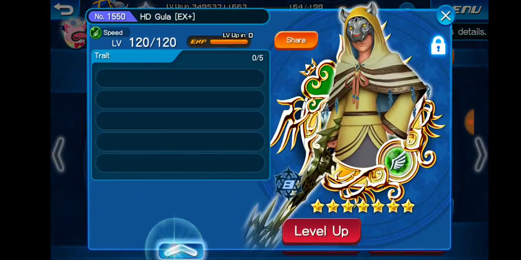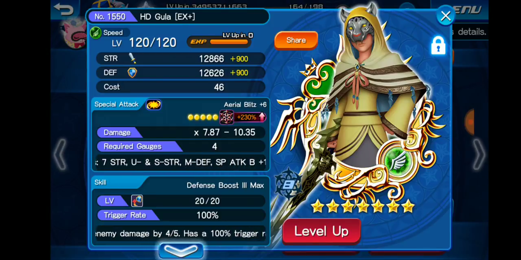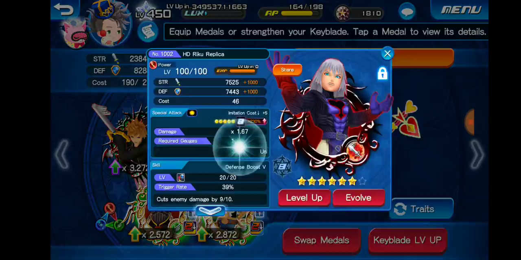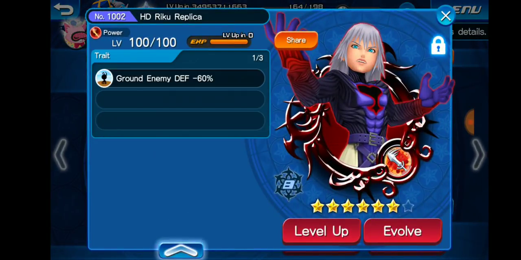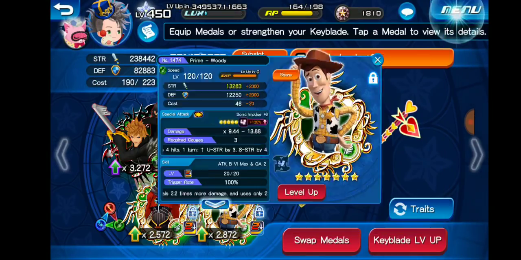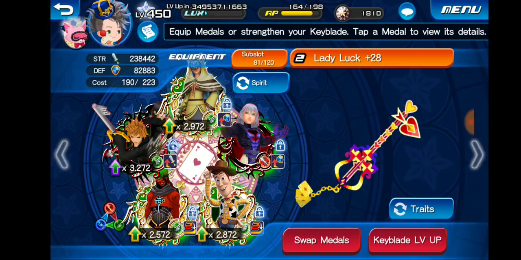So this is my throwaway setup because I don't have another DB4 max. I do have Gula with DB3 max though, so that's what I'm using there. And then I'm going to use Repliku to copy Gula, not for the buffs or anything, but just because it has DB5. Got Prime Woody here to get me as much upright defense